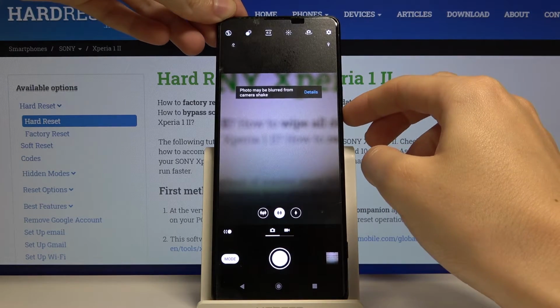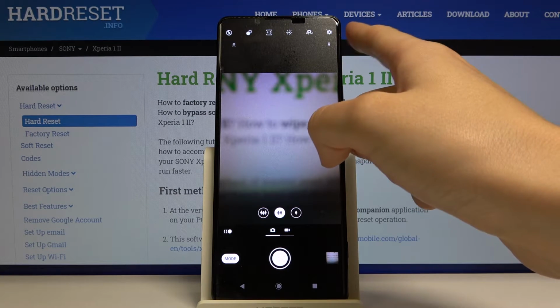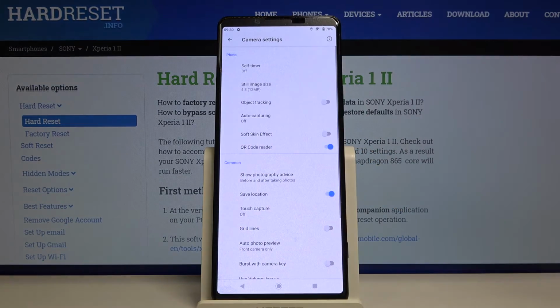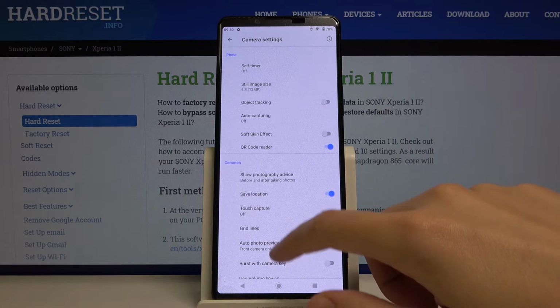And as you can see, for now I can take a picture by using these two buttons here. To change its function we have to go to more advanced options, and we can do it by using this button here in the right corner. When we tap on this we get access to the camera settings, and from here let's slide down a little